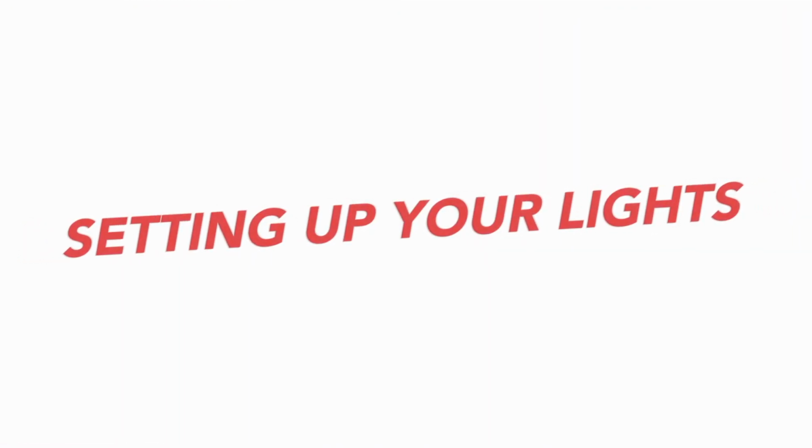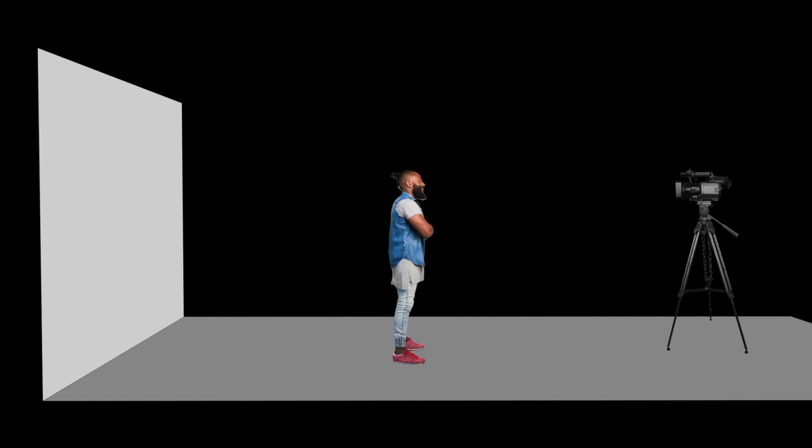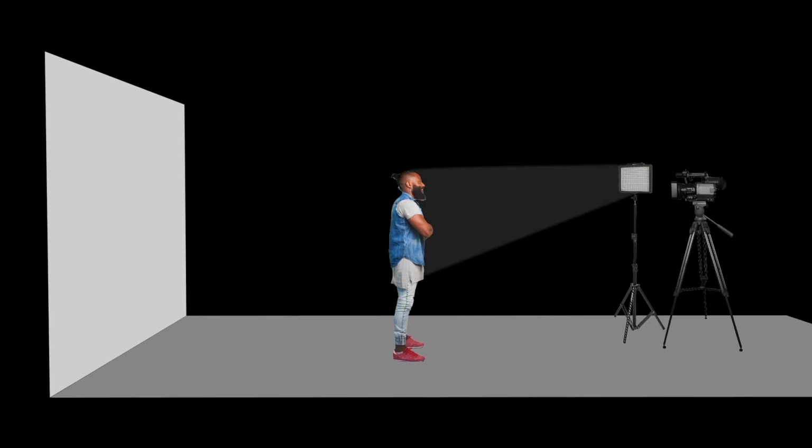Okay, finally, let's actually now get to the light. The most traditional lighting setup is a 3-point lighting design. In this 3-point light setup, you have the key light, which is the main light lighting your subject's face. The second light is what's called the fill light, and this could be as bright as the key light or